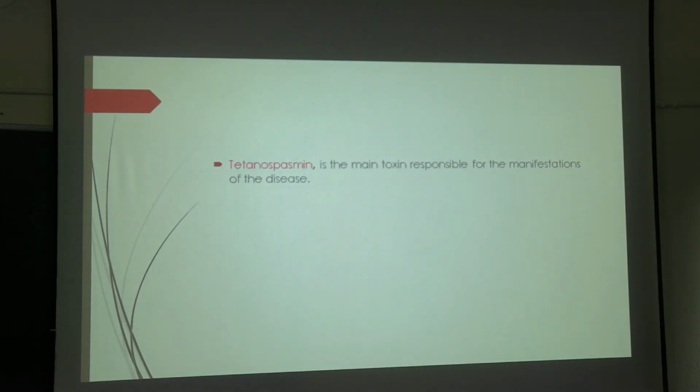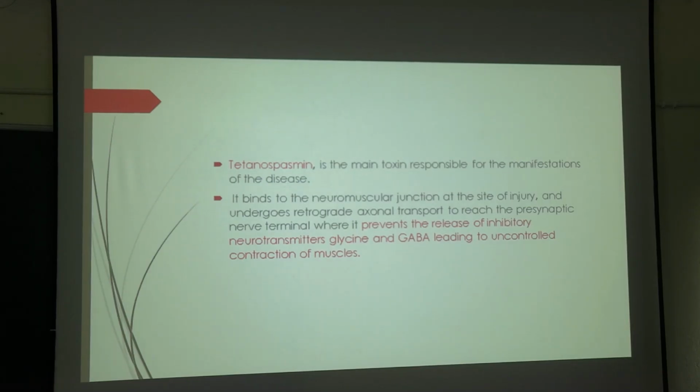Now there are two toxins, one is called tetanospasmin, the second is called tetanolysin. The toxin responsible for the features is tetanospasmin. What it does, it binds to the neuromuscular junction and prevents the release of the inhibitory neurotransmitter GABA. So excitatory neurotransmitter hyperactivity occurs. It reduced the inhibitory ones and increased the excitatory ones. That's why there is increased spasm, increased chances of convulsion, etc.